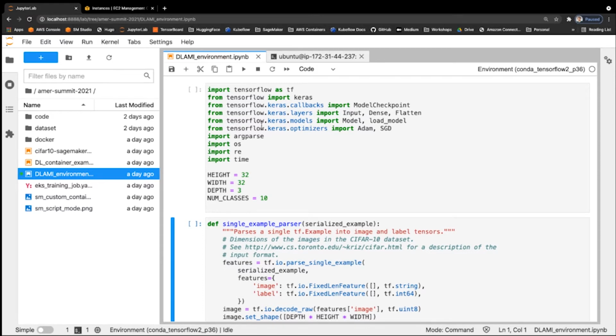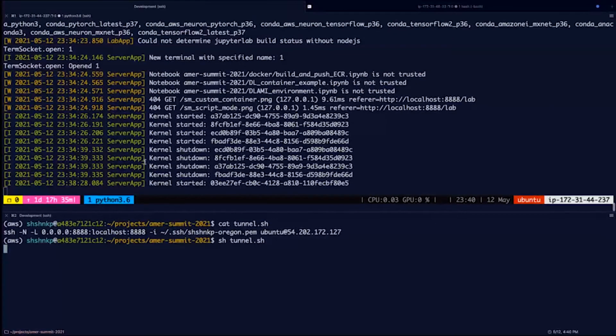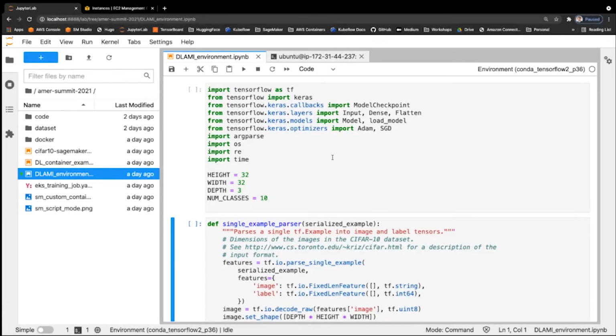So I can run code that can take advantage of different GPU instance types or different CPU instance types. So there are many different ways to spin up an EC2 instance. You can do it through the console or through the CLI. And once you have the instance set up, you can SSH to this instance like what I've done here and run my Jupyter server just by running the command Jupyter Lab. And I also want to set up a tunnel, and it's easy to do, just a single line of code that will allow me to access this Jupyter Notebook server running on the Amazon EC2 instance.